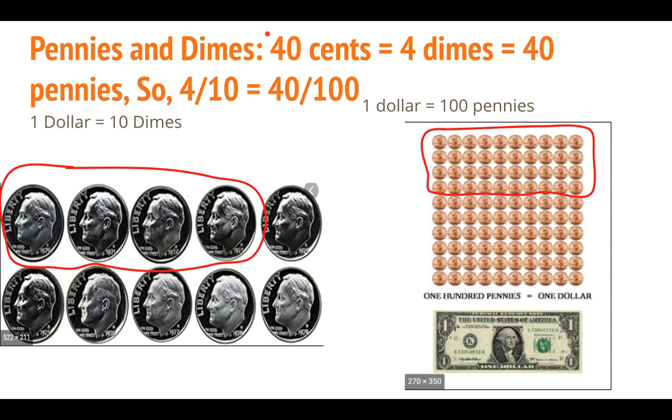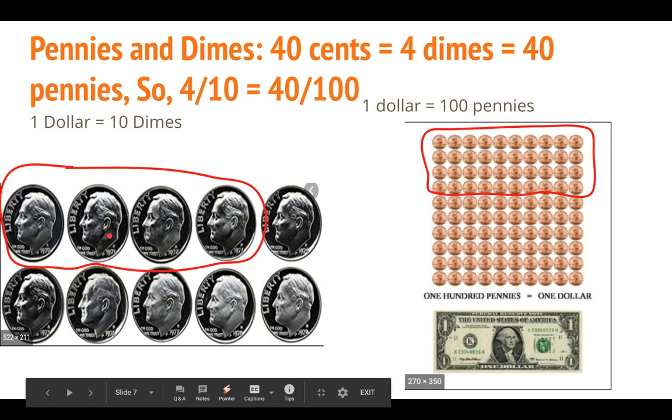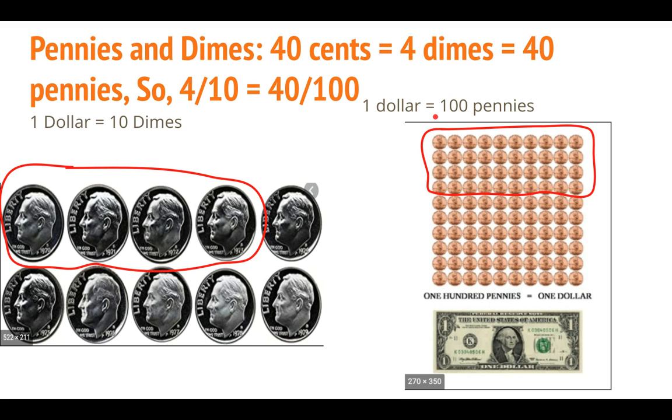If I'm using pennies and dimes, let's say I want 40 cents. I know that each dime is 10 cents, right? So 1, 2, 3, 4 dimes times 10 cents each is 40 cents. Okay, so that's 4 out of my 10 dimes. If I go over here, I want to know how many pennies are equal to 40 cents. So again, 100 pennies equals $1. I know that